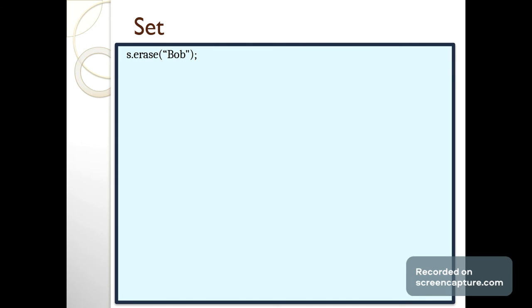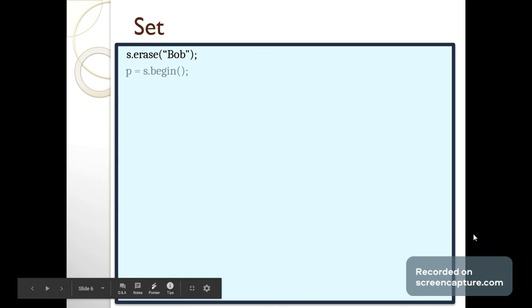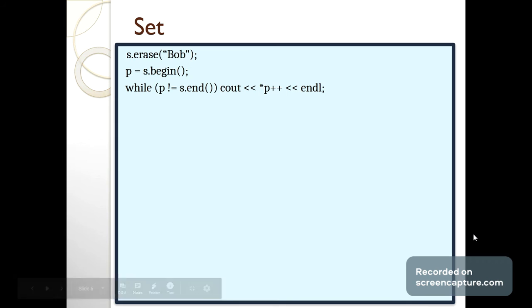If you remember, in case of list or in case of deque and vector, in erase I had to give the value of the iterator, that is the position. Here the position is not important. What is important is that the erase operation works directly on the key which you want to erase, s dot erase bob. And if I go again to the beginning position and display all the values, it will show that Bob has been erased.